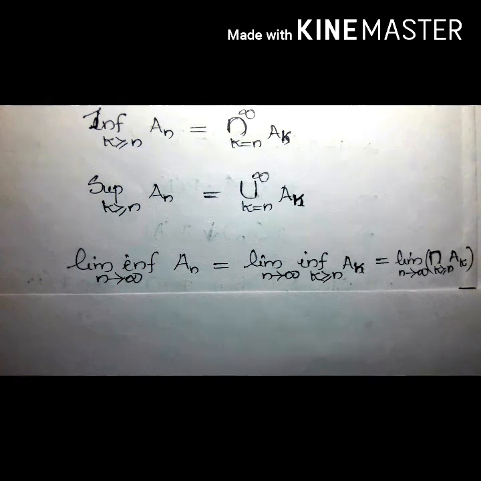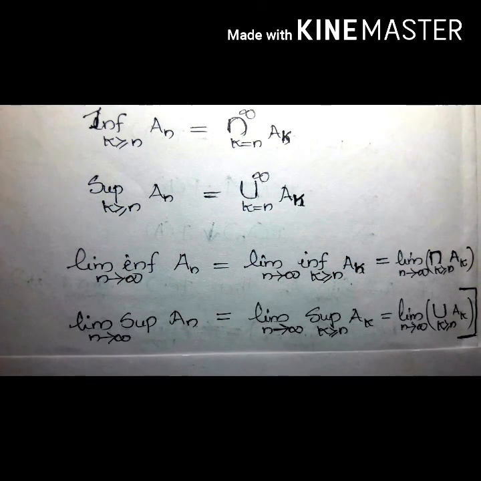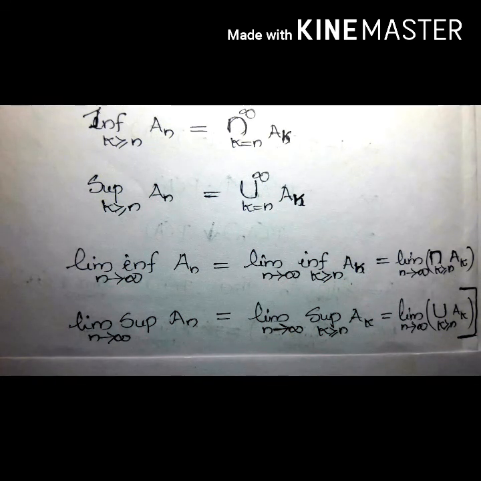Now limit infimum An equal to limit n tends to infinity infimum k greater than or equal to n Ak, and that is equal to limit n tends to infinity intersection k greater than or equal to n Ak. And limit supremum An equal to limit supremum k greater than or equal to n Ak, and that is equal to limit n tends to infinity union k greater than or equal to n Ak. Now for the proof,